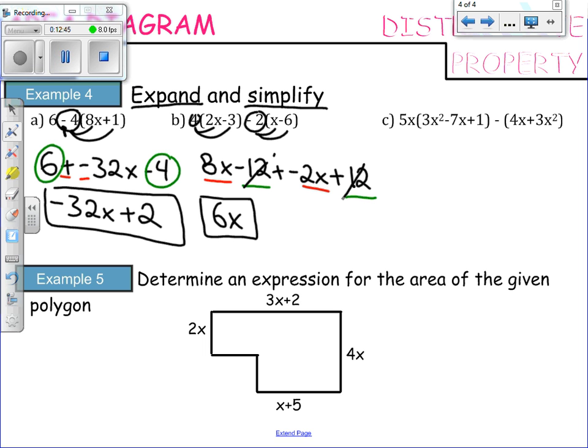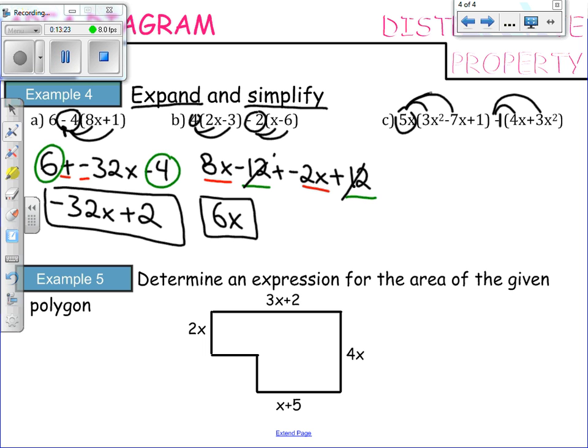Finally, we have this one over here. We see that we have a negative, but no other number in front of those brackets, just a negative. So you have to pretend almost that there's a negative 1 right there, and distribute that negative 1 in. That'll help you remember that that negative applies to both the 4x and the 3x squared. So distribute that 5x in as well, and you should get